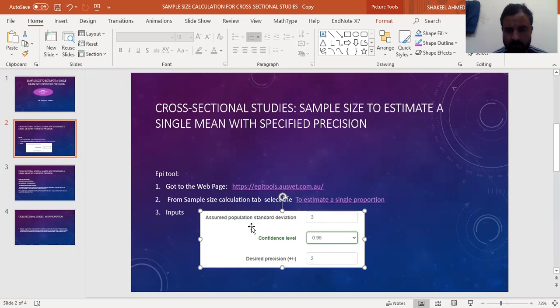Here your study variable is quantitative, and it is measured on a quantitative scale or ratio scale or interval scale. So we find standard deviation and mean.